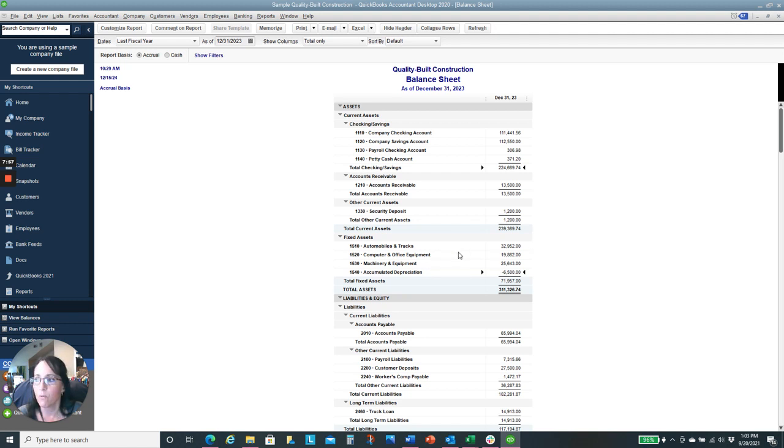So like if you go out and buy 10 hammers, don't put those in here. You want those to go as an expense for small tools, or not even hammers actually. Those you just put on job supplies or something. Something that would go into small tools might be a saw, or what are those things called? That electric saw. I can't think of the name of it. Anyways, Sawzall. There you go. That could be something that you could put into small tools and equipment, but it wouldn't go under as a fixed asset. So one of the other things that has to qualify as a fixed asset is that it's not